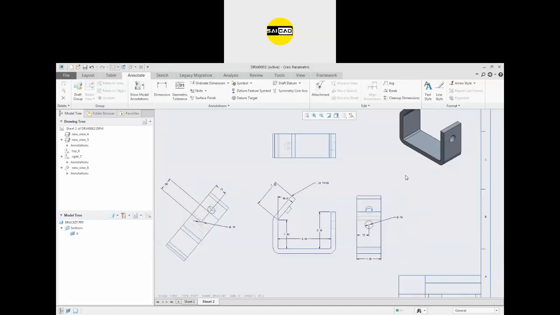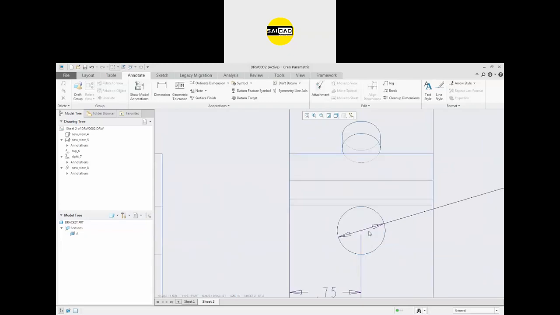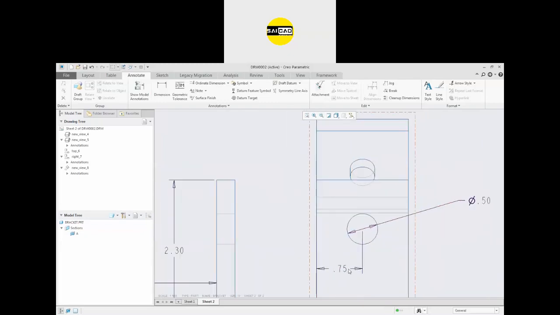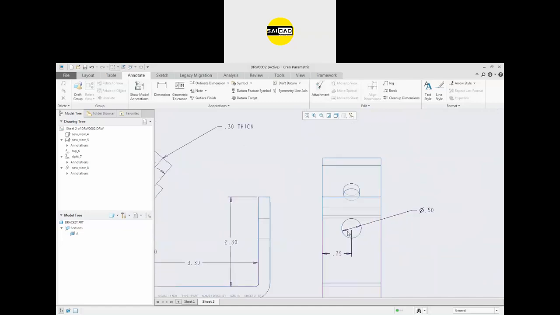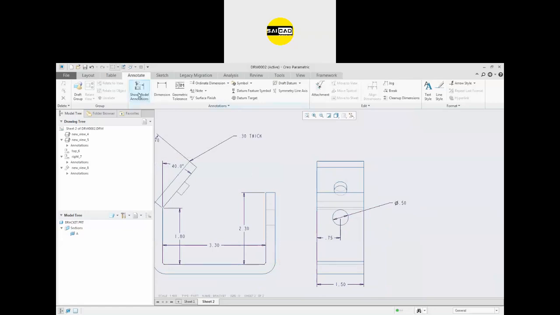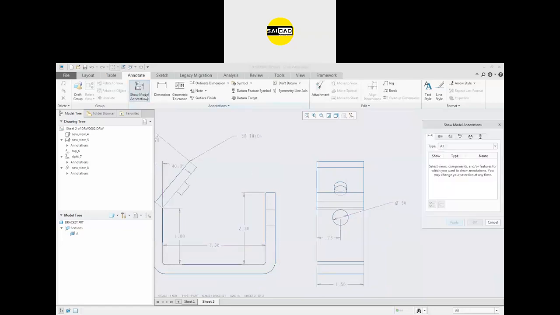Okay. So the next option we have is how to define the center. Like I want to define that this value is up to center. So how to define the center axis or center mark for the circle or the hole? To do that, now go to the show model annotation again and go to the last option.